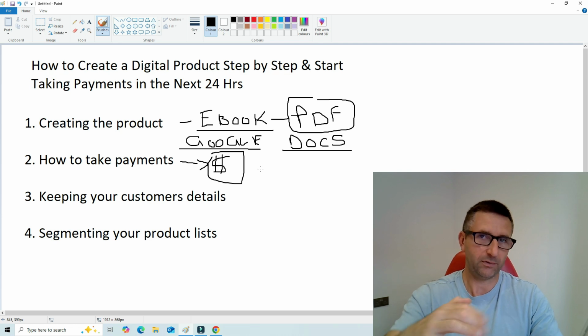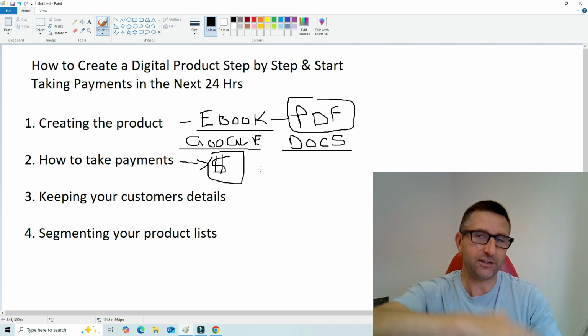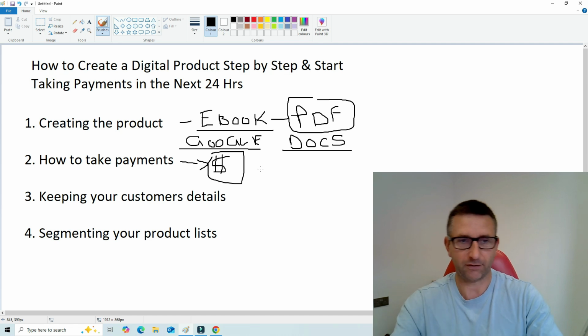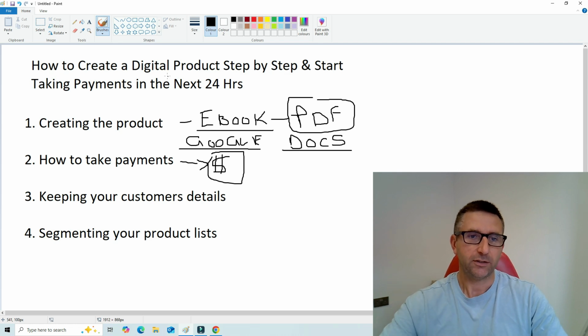Of course, there's a little bit more to understand first before you can actually get money into your account and then withdraw that into your bank. So we're now going to cover that. The next step is keeping your customers' details. So once you make a sale from your ebook, let's say this is your sales page here. Let's just put SP, sales page. So once you make a sale